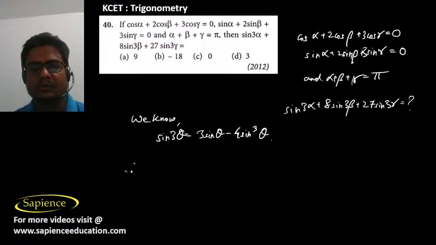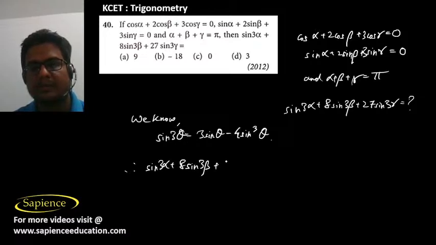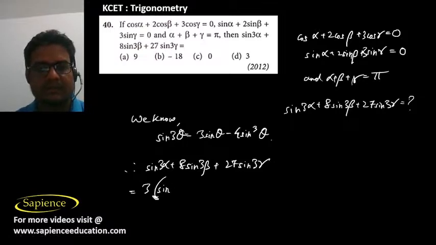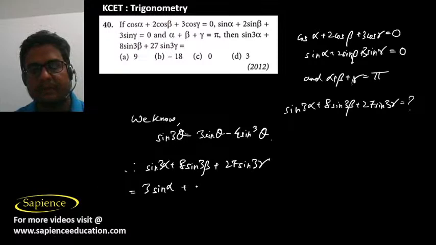Therefore sine 3 alpha plus 8 sine 3 beta plus 27 sine 3 gamma will be equal to 3 sine alpha minus 4 sine cube alpha,